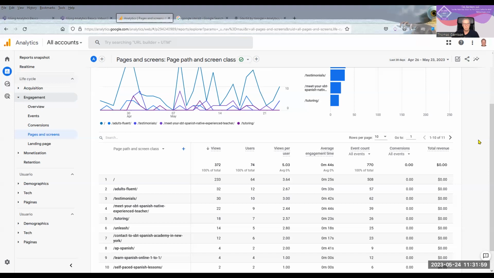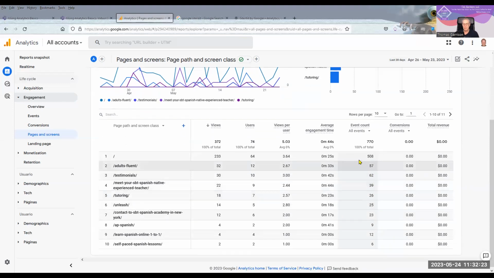The longer they stay on the page, the better you made that page. The shorter they are on the page, you've got to think about what you did wrong so you can hold them on the page. You want to engage the people coming. If they're engaged, they're going to be there for a couple of minutes. Now, you can see this particular website, the longest is 42 seconds, 44 seconds. Well, that's close to a minute.